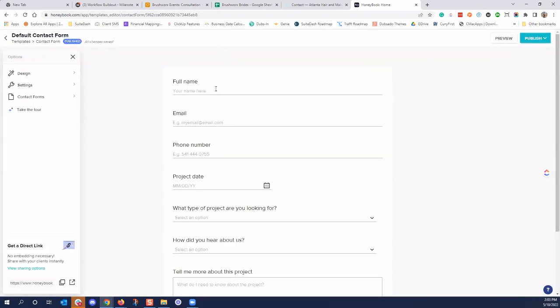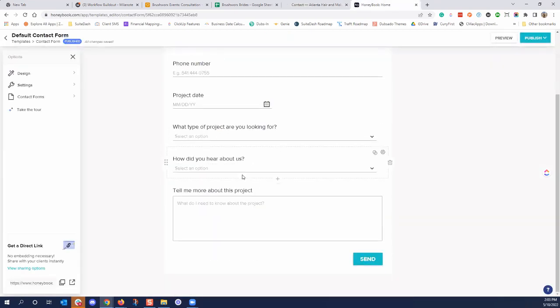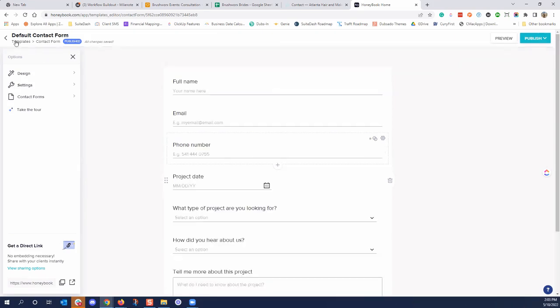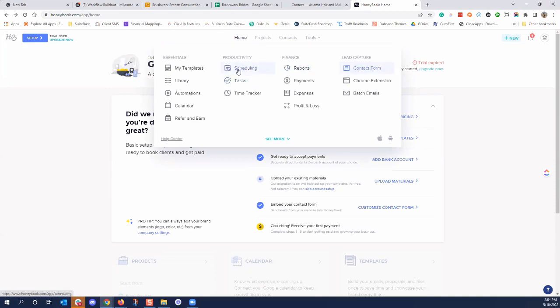And then you can add all of the same information that you currently have on your website onto this HoneyBook lead capture form. And then this will automatically add them into HoneyBook, but you can also start a workflow if you wanted to. Questions? Can it also go into my emails? So it can notify you. HoneyBook, I believe, has this notification feature, because every time someone fills out the lead capture, it does send you an email saying, hey, this lead capture was completed.